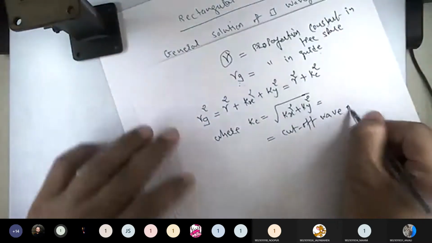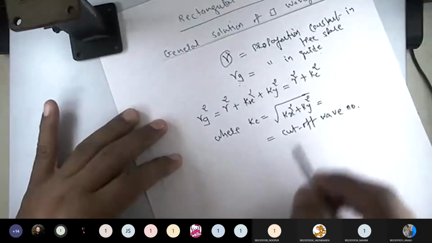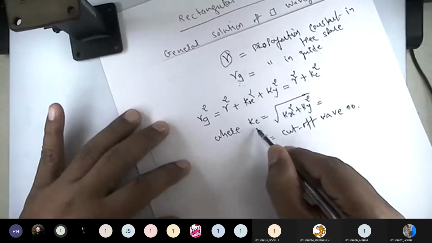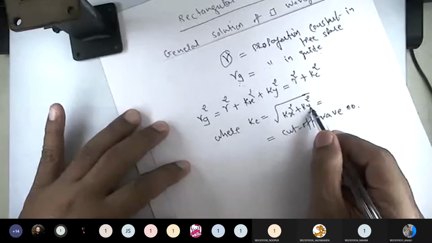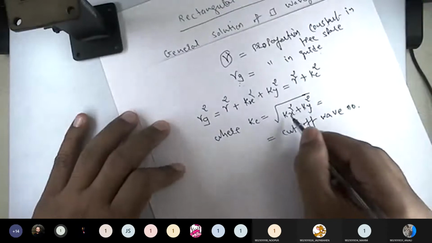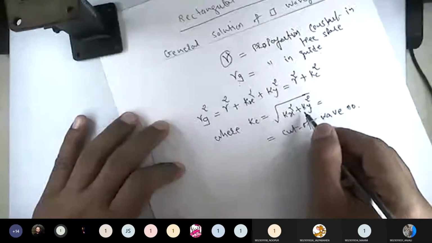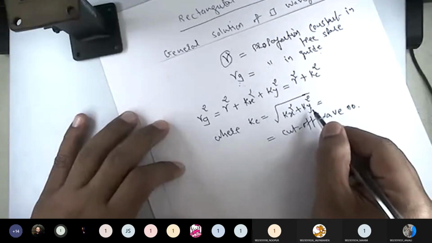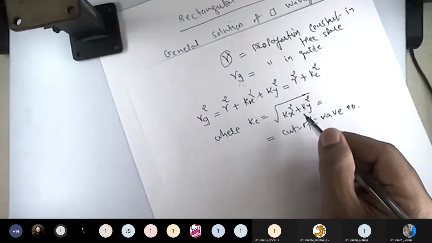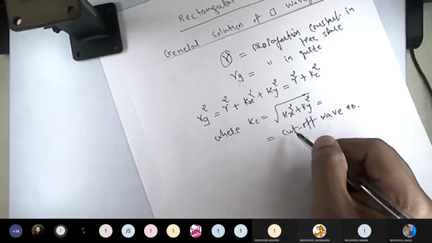I already told you that I will explain what kx square, ky square, kz square are. So now it is clear that we have defined the new term, which is our cutoff wave number, and it is equal to kx square plus ky square. So what does it indicate? It indicates that these kx square, ky square terms depend on the physical dimensions of that waveguide. We will see that part too. But at the moment, I will directly tell you that first we want to discuss the conditions.